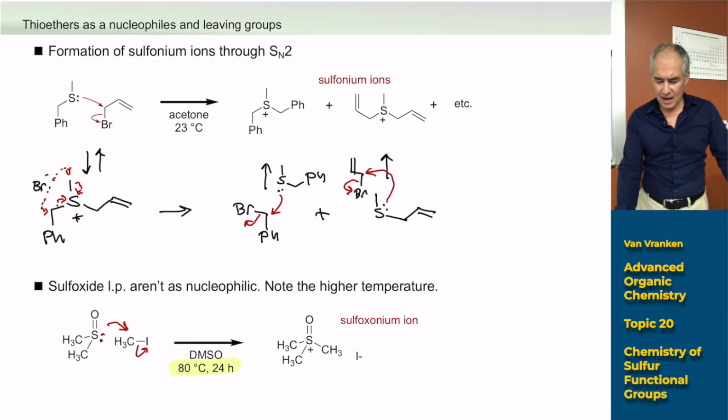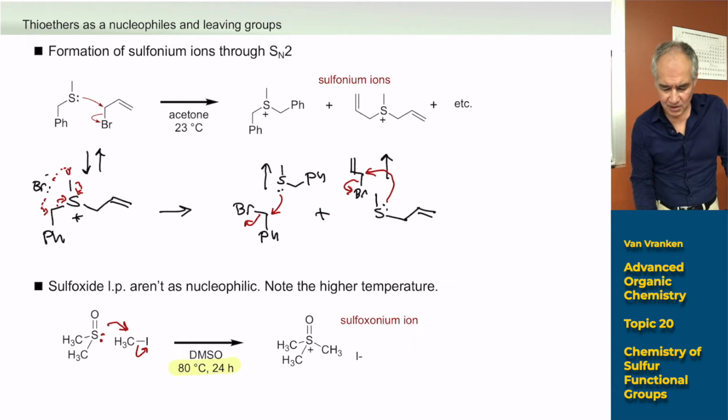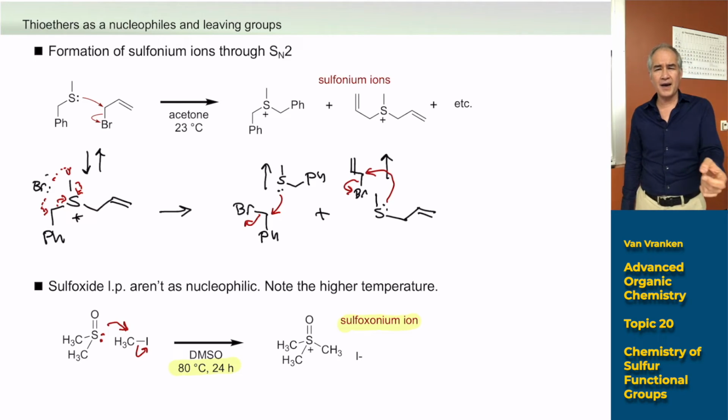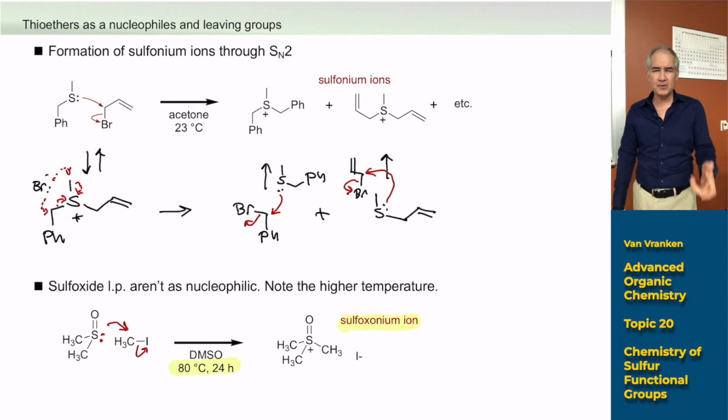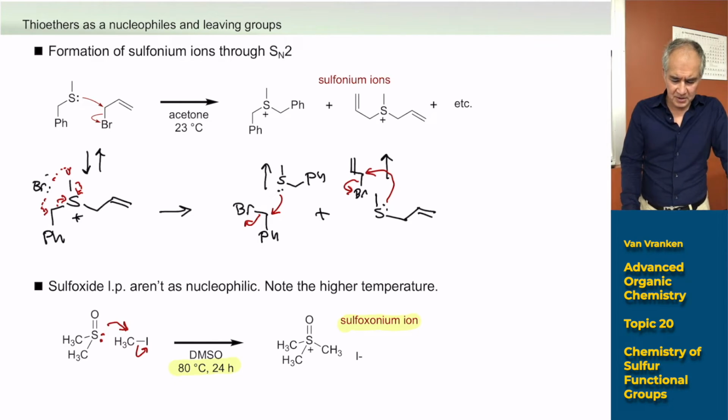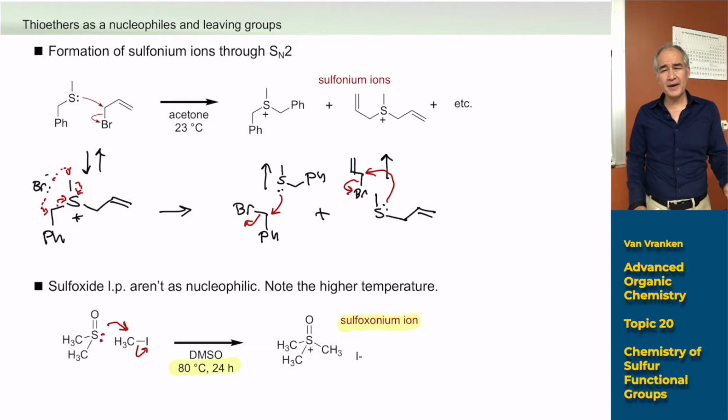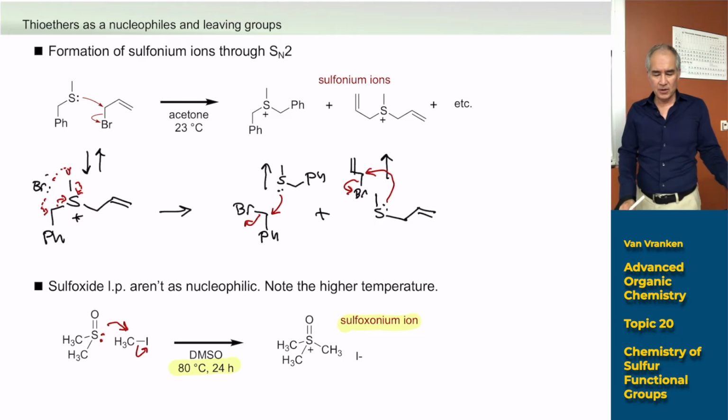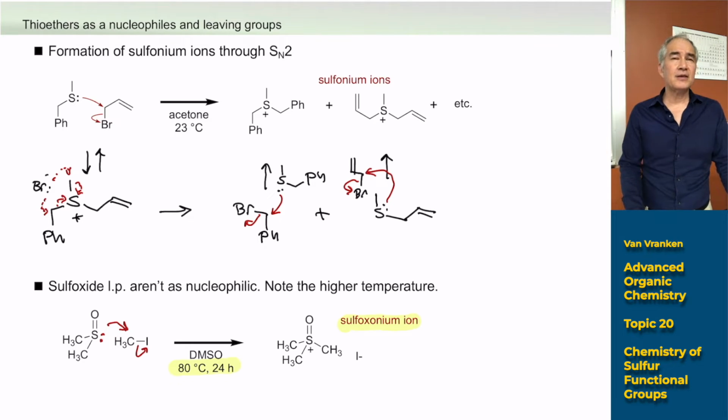And this type of salt product that you generate here is not a sulfonium ion. We call that a sulfoxonium ion. And you'll see that a little later towards the end of this topic. Okay, so you can use sulfur lone pairs to attack carbon in order to generate sulfonium ions and sulfoxonium ions. Let's go ahead and continue on with reactions of